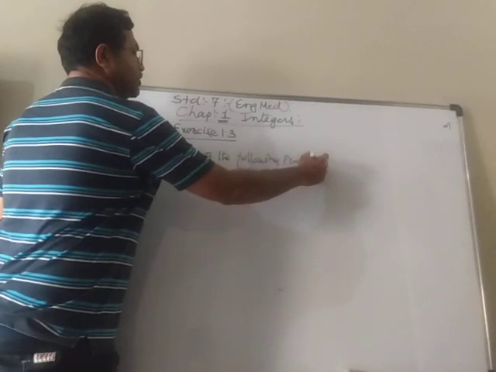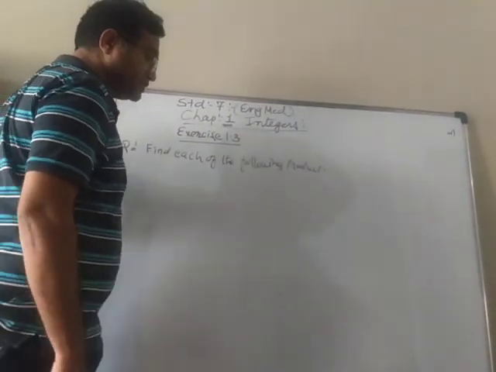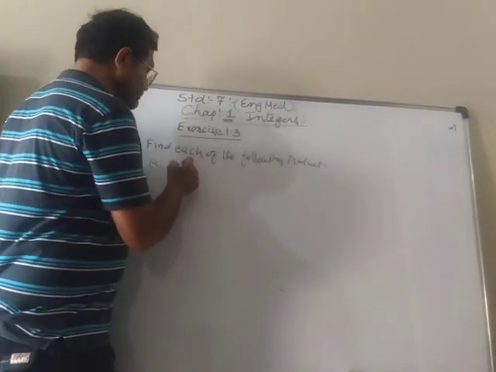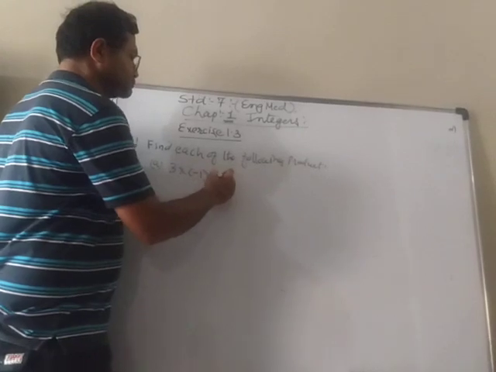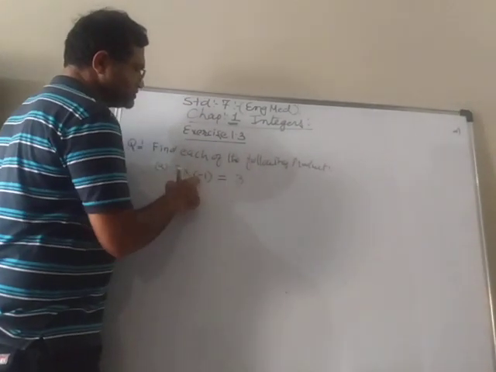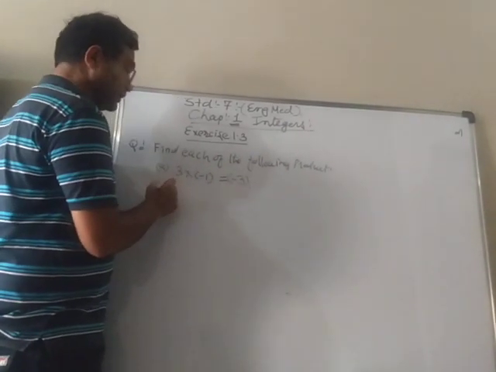Now, I'm not going to do all of them, only a few, and you can do the rest yourself because it is very easy. Look, the first one, 3 multiplied by minus 1. Very easy. 3 ones are 3, but one is negative and one is positive, so your answer will be minus 3. Nothing to do.